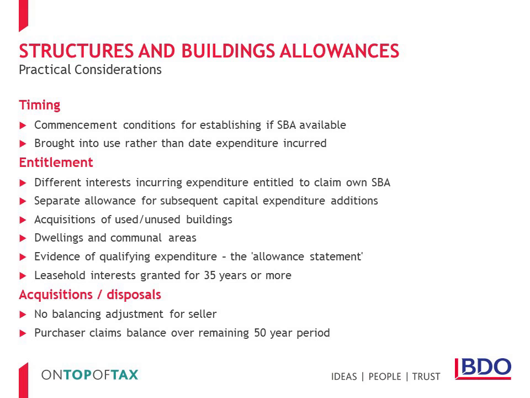Buildings that are used for residential purposes will be excluded, but this will also be extended to any areas ancillary to the residential use, for example, communal areas. This is a major difference to the plant and machinery rules because although dwellings are specifically excluded, any plant and machinery within the communal areas can qualify for plant and machinery allowances, whereas for structures and buildings allowances purposes, this will be non-allowable.